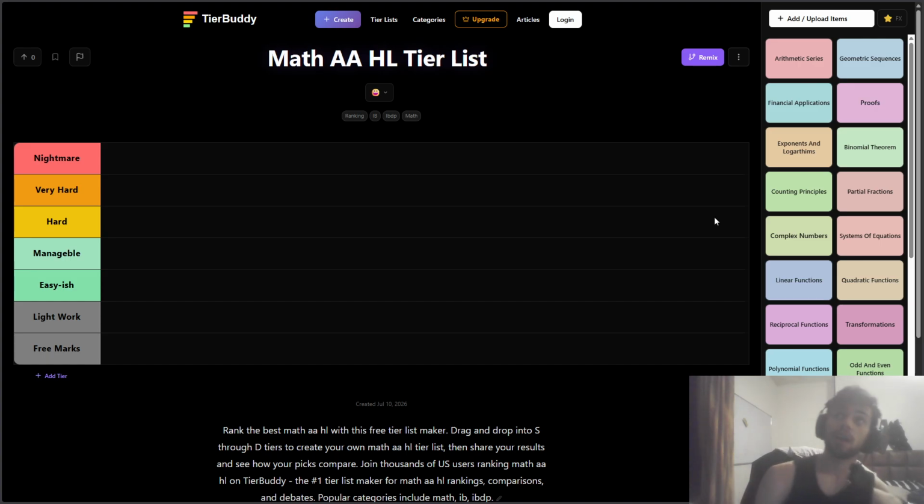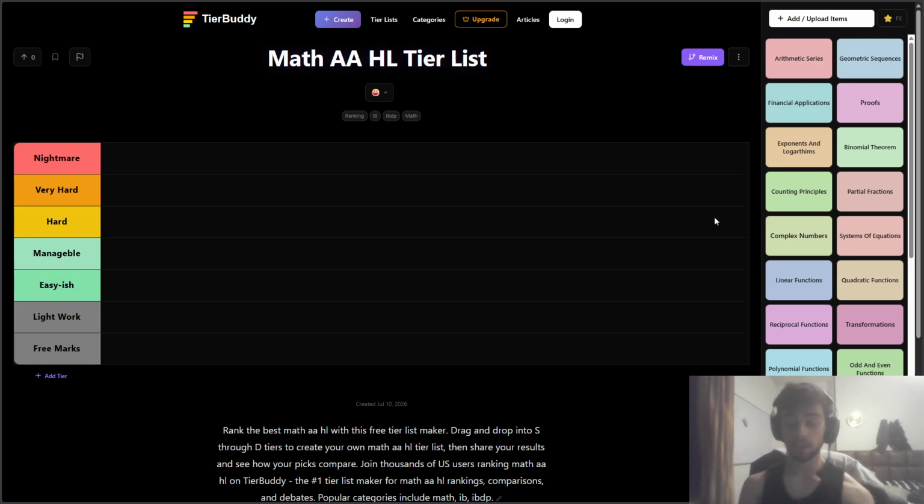Fun fact, I got the exact grade boundary for a 7. A 7 was 73%, and I got exactly 73%, which is miraculous. On paper 3, I got a 5, 31 out of 55, and my internal was 15 out of 20. I just crushed papers 1 and 2, which is fantastic, but I want to study paper 3 in my own time to understand why I got a 5. Anyway, I'm going to rank these based on difficulty, how much pain they caused me, and how many times I broke down.